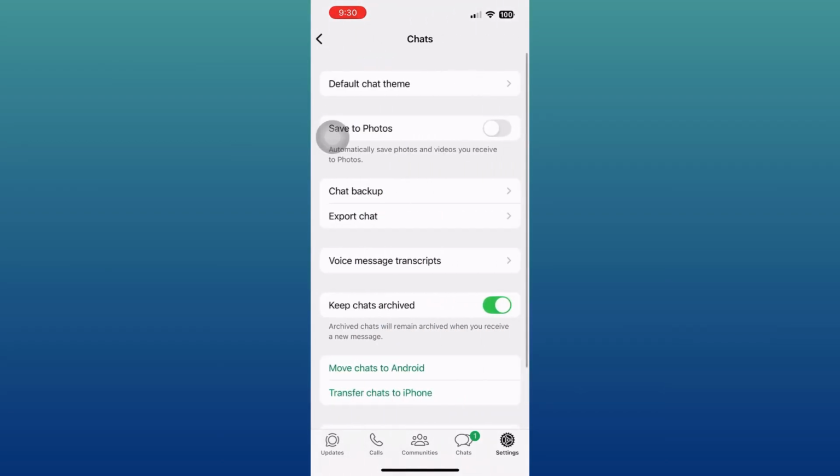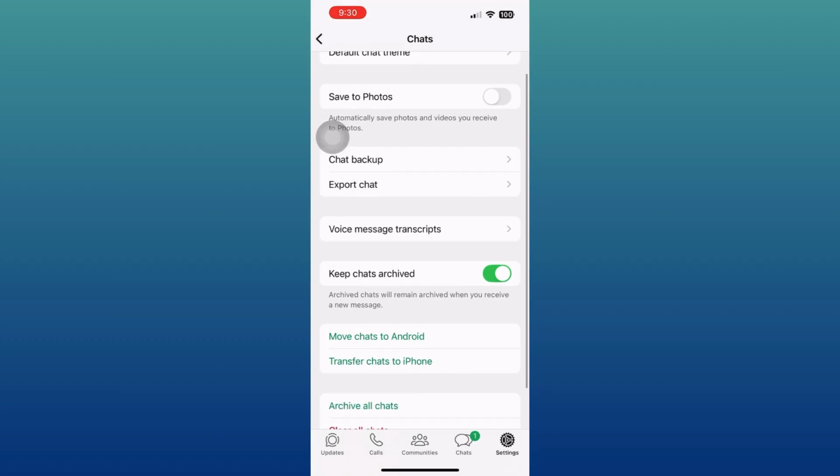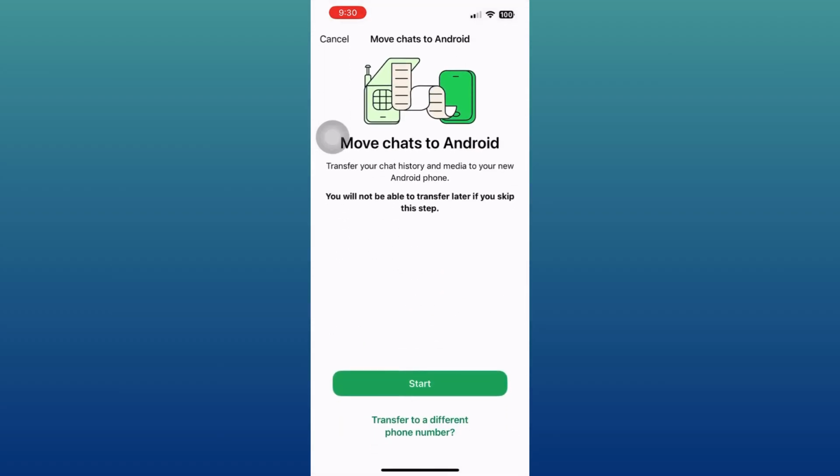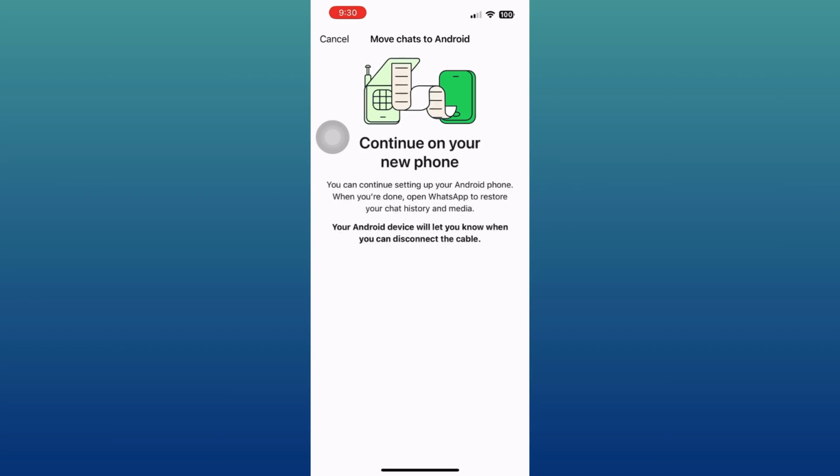In here, you'll see two options: move chats to Android and transfer chats to iPhone. So tap on move chats to Android. Now tap start and WhatsApp will begin preparing your chats for transfer. Once it's done, switch over to Android phone and log in using the same phone number and your chats will